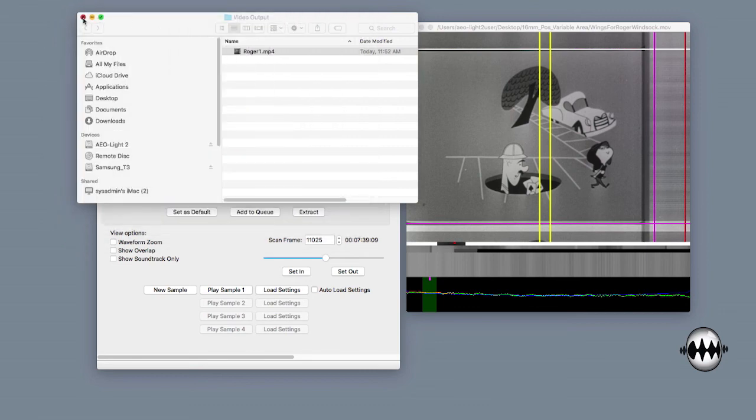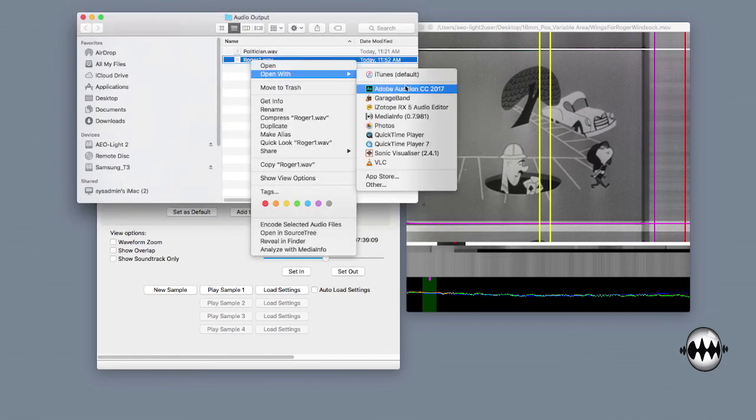So that sounds pretty good. If I wanted to hear the audio file, of course, I would go to audio output and